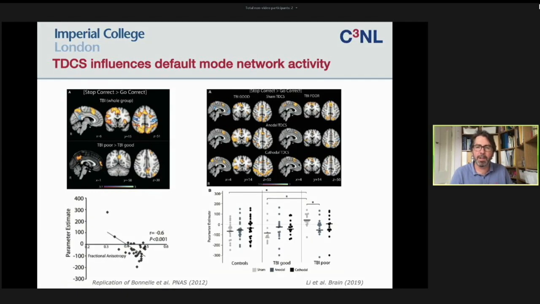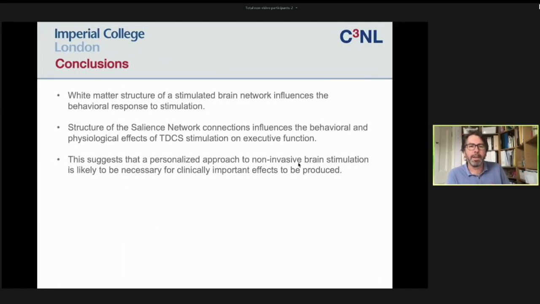So there seemed to be a physiological effect of stimulation that was seen within this connected network, with a somewhat normalization of the pattern of response seen there. So just to finalize things, in conclusion, what we've shown is the white matter structure of a stimulated brain